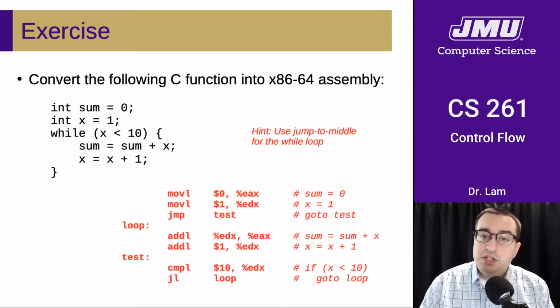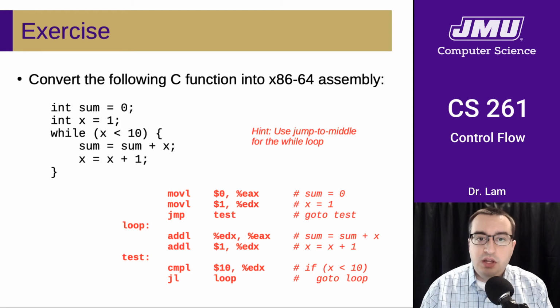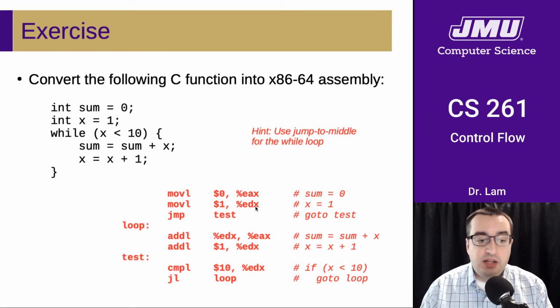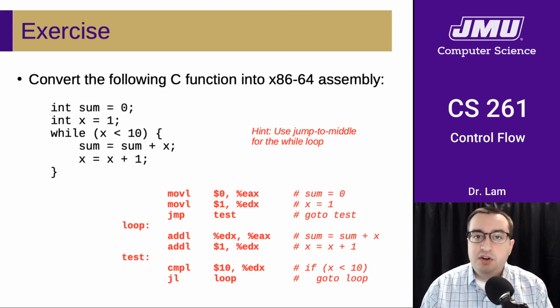And like I mentioned earlier, there are any number of correct assembly programs that are equivalent to this. And so typically what we'll do in this course is we'll give you some of the pieces of the assembly, and we've carefully constructed it in such a way that there's one correct answer that will fit with all of the pieces that we've already given you. So for instance, we might give you some of these instructions but not the others, and we've arranged the instructions that we've given you in a clever way that makes it so that there's only one correct answer, and that just makes it easier to grade so that we don't have 100 different versions.